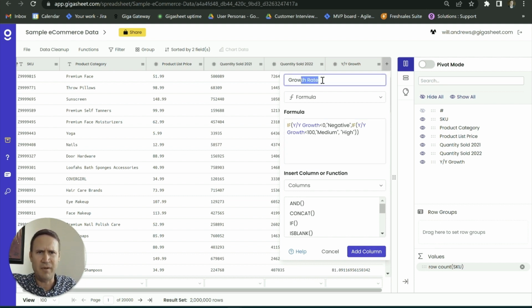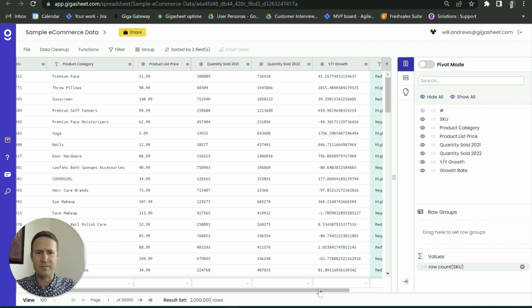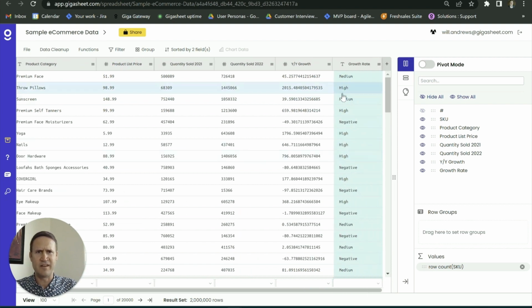I'm going to add my growth rate column to Gigasheet, and it's going to go and calculate this if statement on all 2 million rows. And you can see at the top, the bar is turning purple, which is sort of indicating that it's running. And in 1 minute, we will have our growth rate. And here it goes. It has added the column to the end, and you can see we have either high,